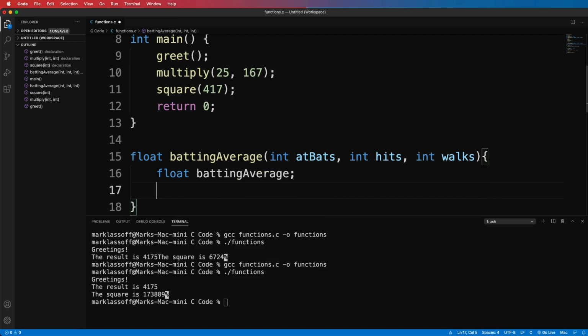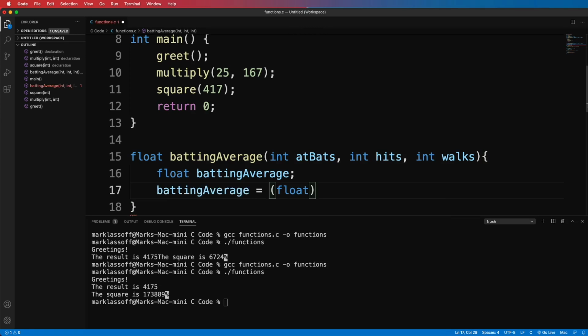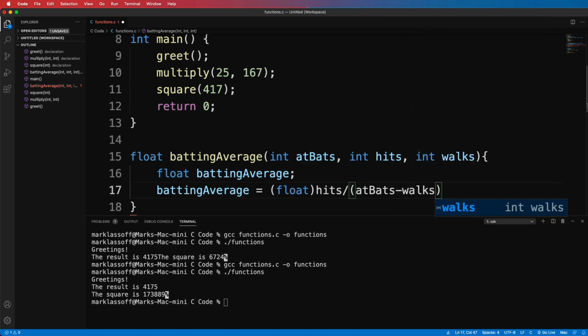And batting average is going to be equal to, as an initial value, casted as a float, right? Remember, we have to cast it as a float. So I believe the formula is hits divided by at-bats minus walks. And that math has to be done first, so I put it in parentheses. I'm going to add some spaces here just to make that a little clearer what's happening.